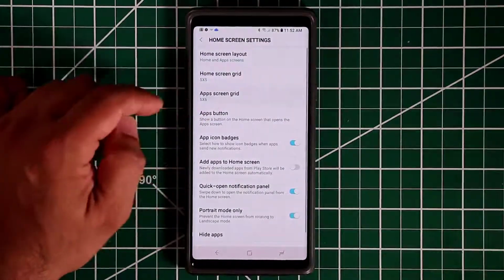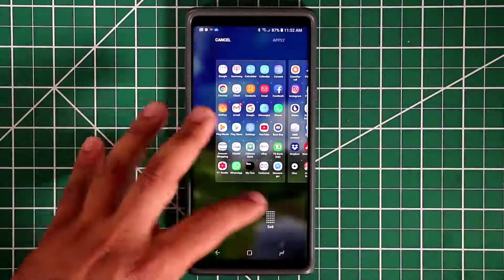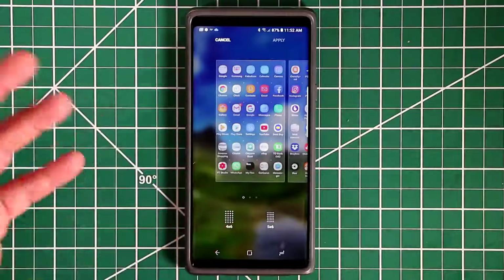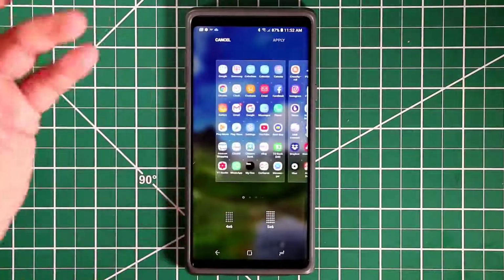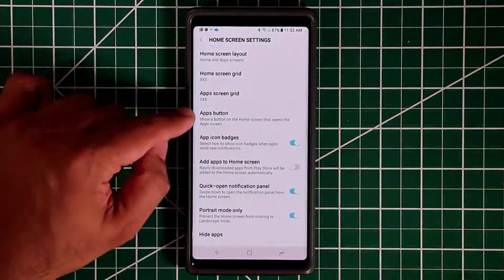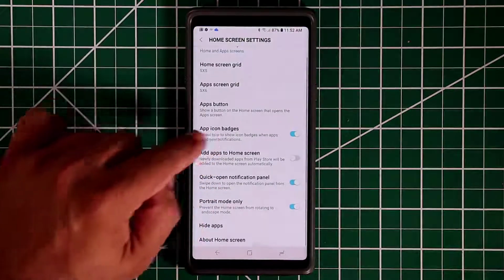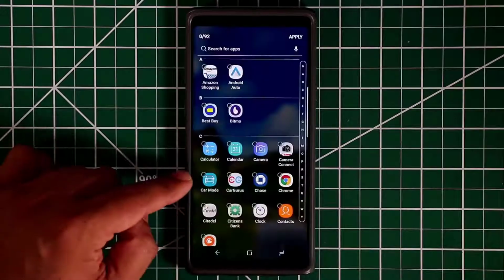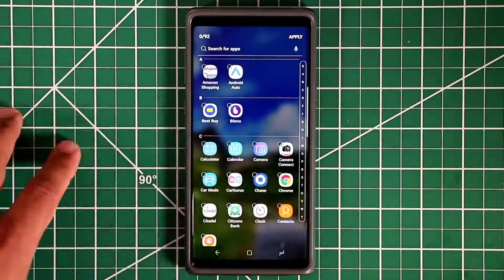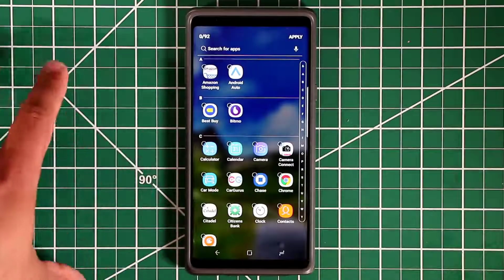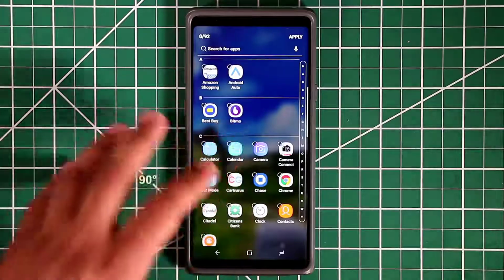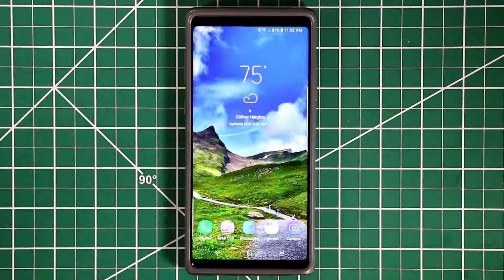You can do the same thing with the actual app screen. I like to keep it at maximum so I can have as many apps as I can in one screen, but you can go like this if you want to. Okay, so you see more, but you get less on the screen. And that's basically everything that you need to know over here. Okay, you can tap on this button here also, and you can hide the applications you do not want to see. This only applies to applications you cannot uninstall. You can just hide them, and then they're not going to take any space. Okay, things are going to look nice and clean. All right, so that was the